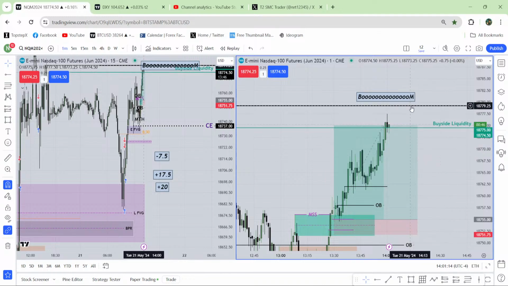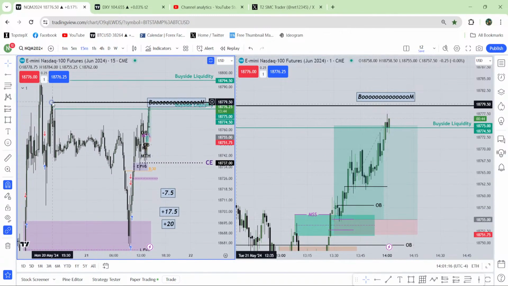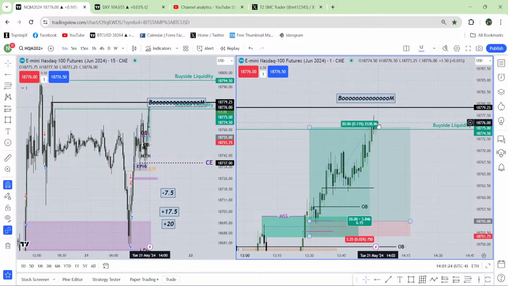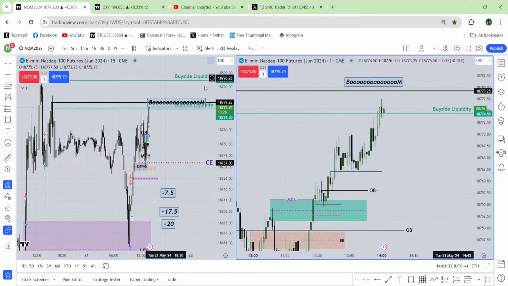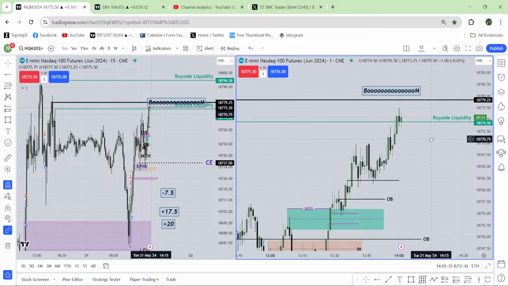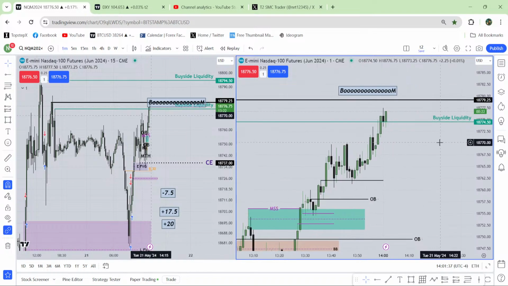That is the rejection block. See this thing. This is the rejection block. The market should reach until that rejection block. My real boom will come if market can reach until that rejection block. If it fails to touch over there, I'm wrong. Okay, I'm absolutely wrong if it fails to touch over there. I'm wrong.